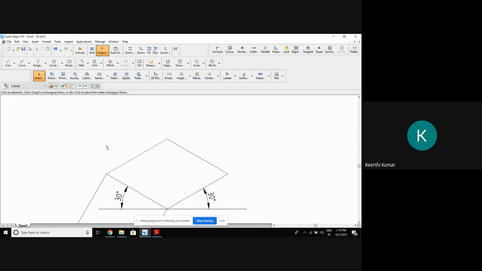If it is a cube, what's supposed to be the height I supposed to take from all the four corners? Same height, that is 50 into 0.8164. Anyhow, you already calculated. Just you draw that. I will take that as a vertical line. Similar vertical line you take from all the four corners.